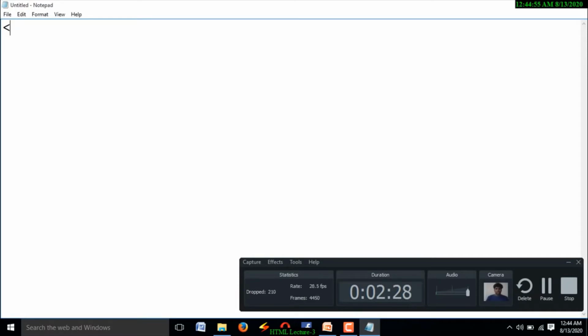First tag is the doctype declaration: less than, exclamation mark, doctype, document type is HTML. Here we need to write the root tag of HTML. HTML root tag is HTML.